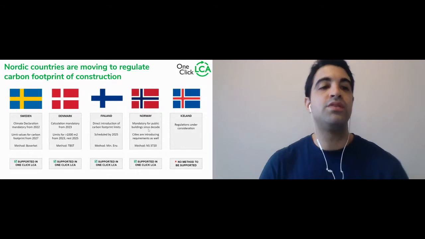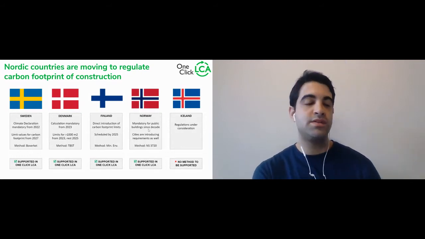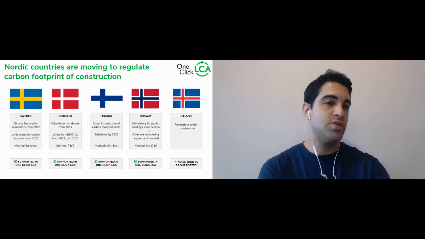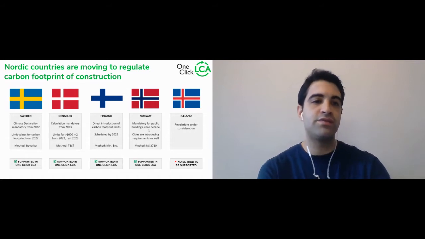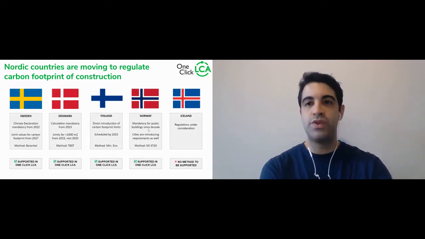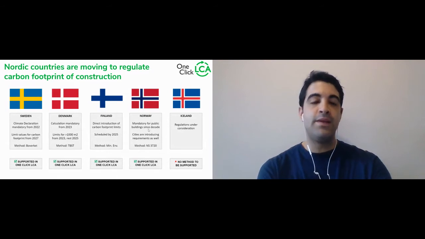For example, in Sweden, climate declaration is mandatory from 2022 with limit values for carbon footprint from 2027. The method is developed by Boverket, the National Housing Association,